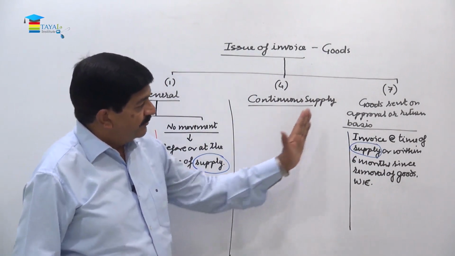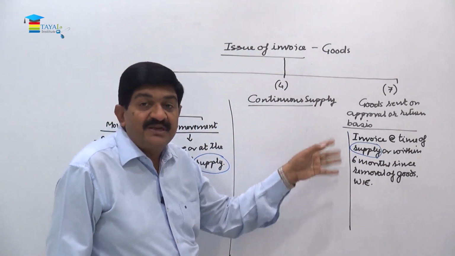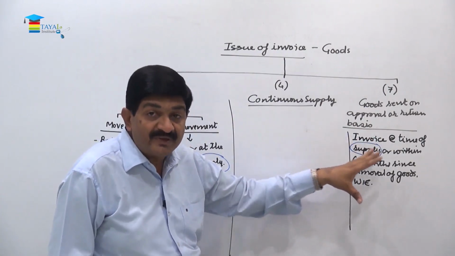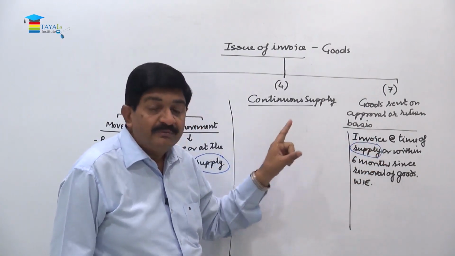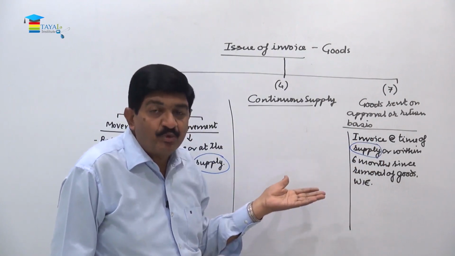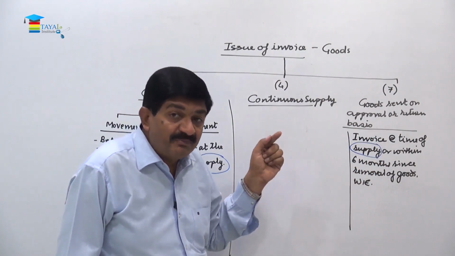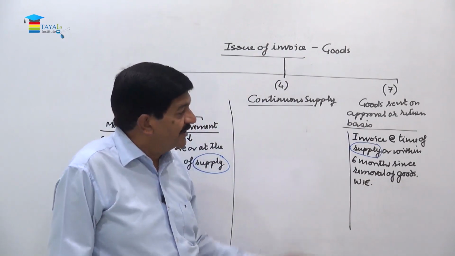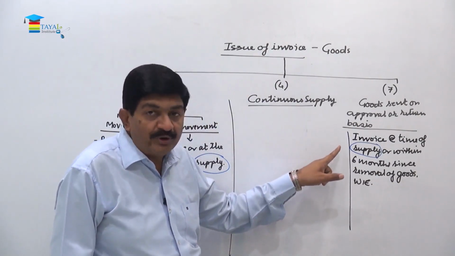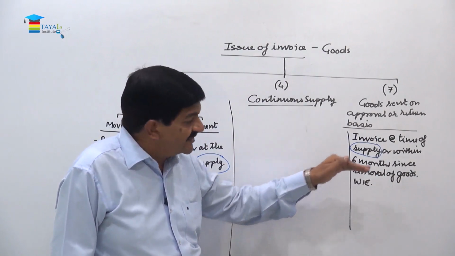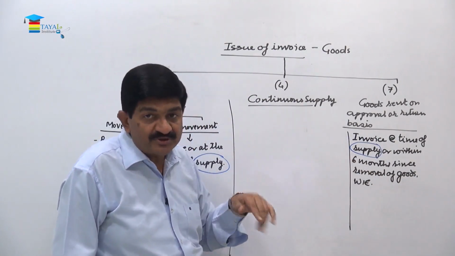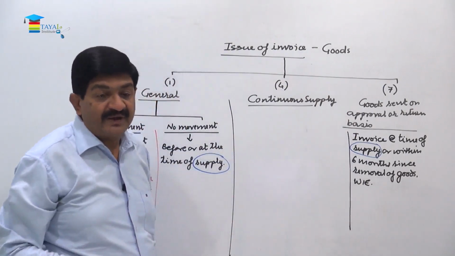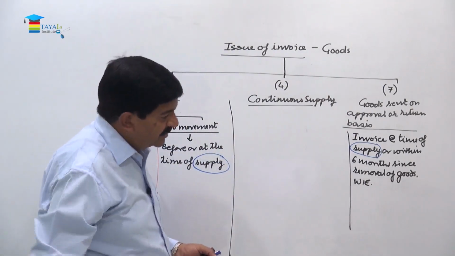Right. So when the goods are sent on approval basis, certainly the possession is being given, but we are not talking about the possession at the time of giving the possession to somebody else. Possession is given when the goods are sent on approval basis, but when those have been approved, at that time it will be called supply. So either at the time of approval, and if it is not there, then within 6 months that should be done, otherwise goods must be brought back, right? But this is having overriding effect over subsection 1. So here I can write